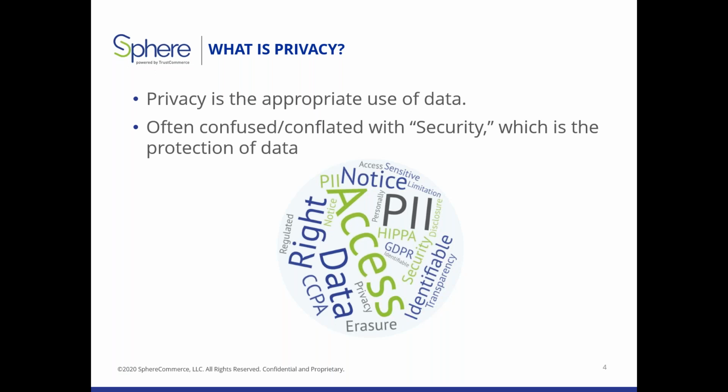Privacy is the appropriate use of data. So if somebody signs up on an information collection form on your website, and they give you the information because they are interested in volunteering or learning more about your organization, then they want you to use that data for the purposes for which it was collected. So you couldn't then use that data and, for example, sell it to a marketing firm. That would be an inappropriate use of the data. So the way that these two terms are related is that part of privacy is ensuring that the data is secure. They're intertwined, but they are different concepts.